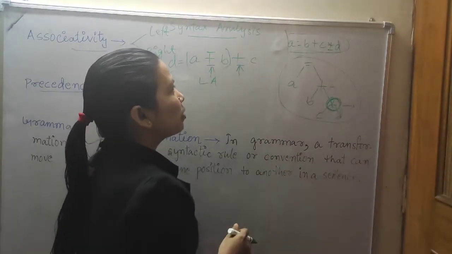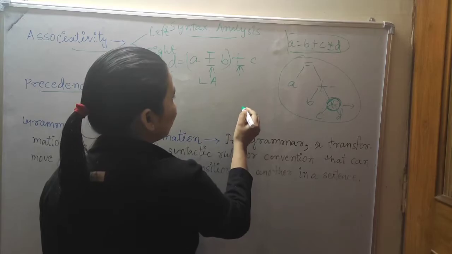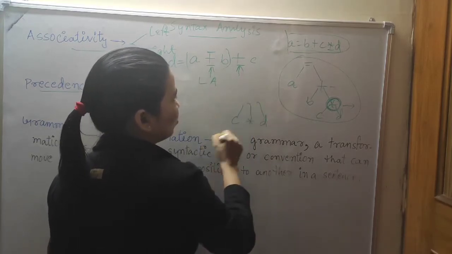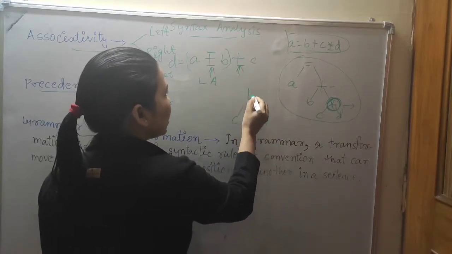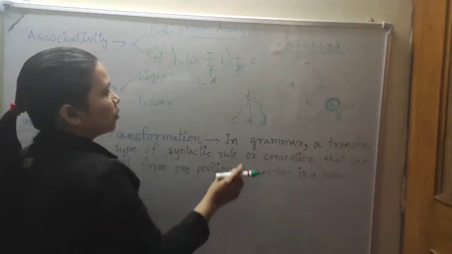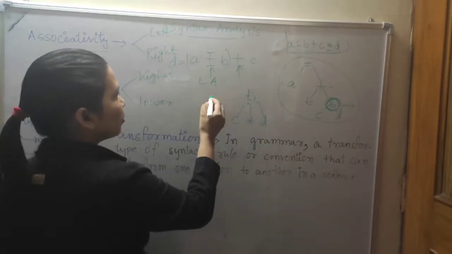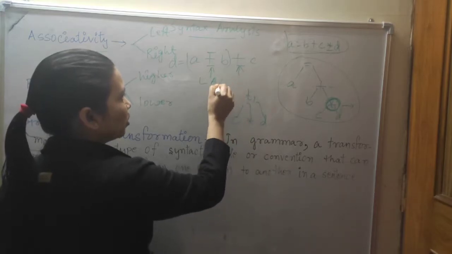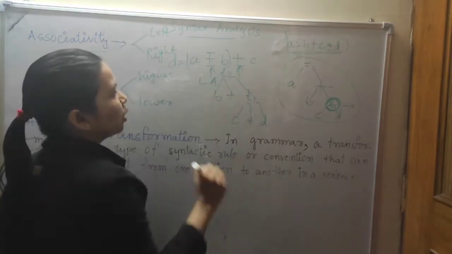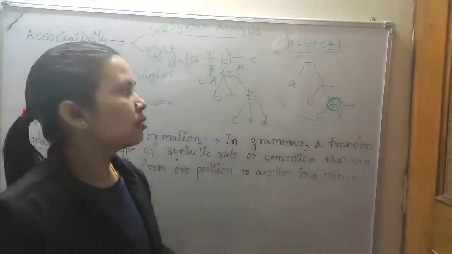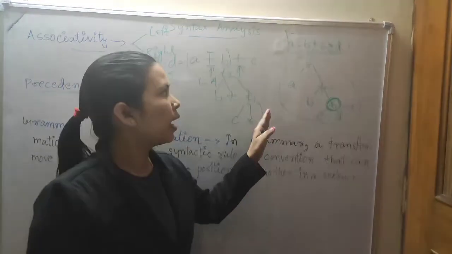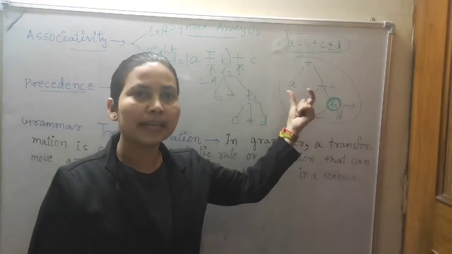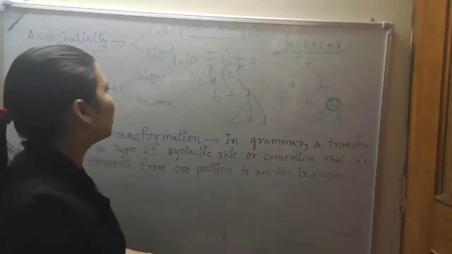If we construct the parse tree, we write C into D like this. Then suppose I write T1 here. We generate a temporary variable, and then afterwards we add it to B: T1 plus B gives T2. Like this we generate the syntax tree, the parse tree. The parse tree is given, and then they ask what the higher precedence or lower precedence of any given operators is. Then you will understand.